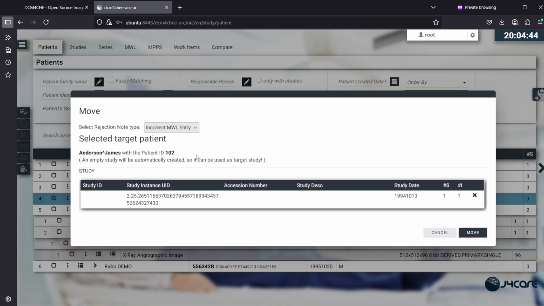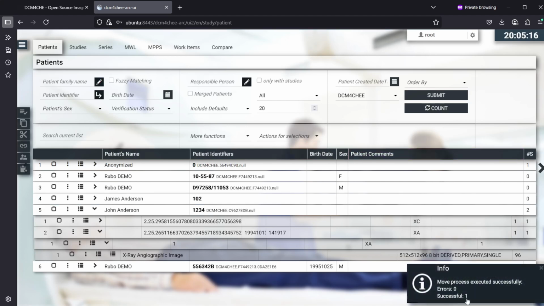So what this is doing, it will create a new study instance ID, because it cannot use the old study instance ID, because that old study instance ID will remain on the source patient, but it will be rejected with a rejection note, and will have this incorrect modality worklist entry as the rejection reason. Now let's hit move, and we can see one